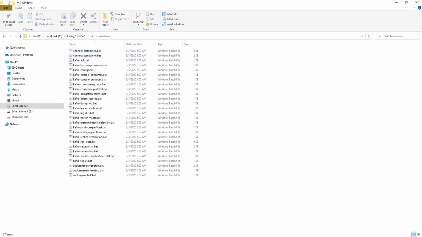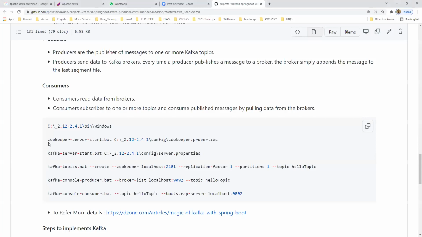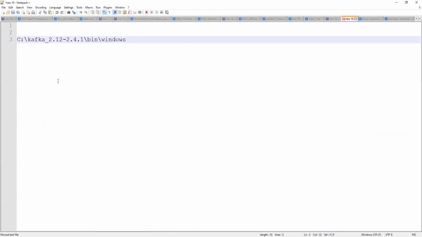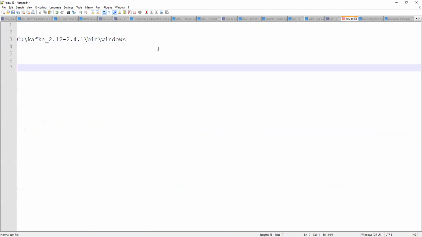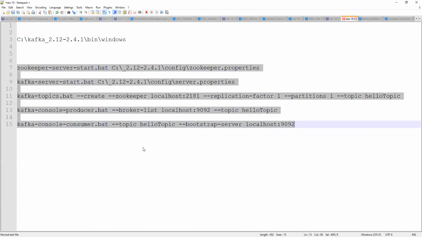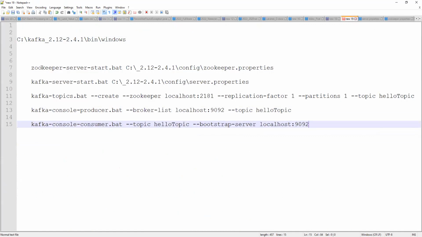Now we are going to the steps here. I'm copying all the steps and pasting them here. So Zookeeper server start bat, right?